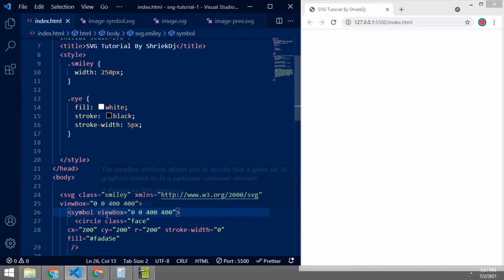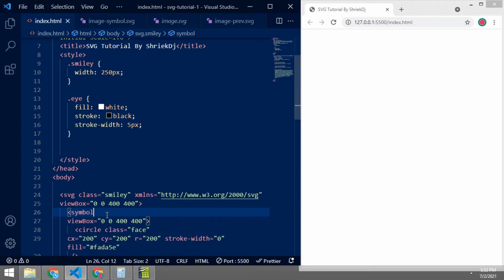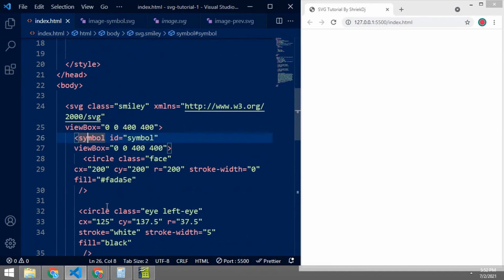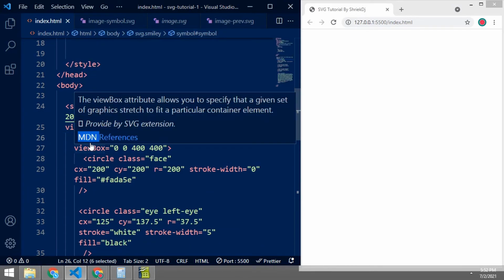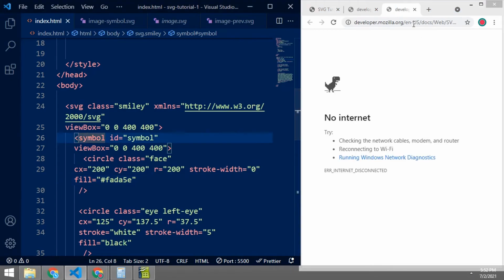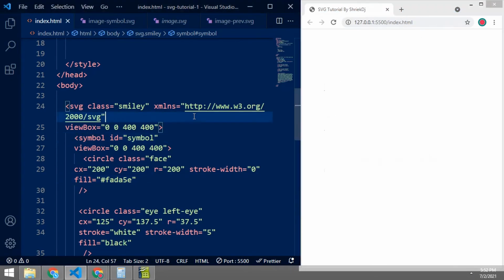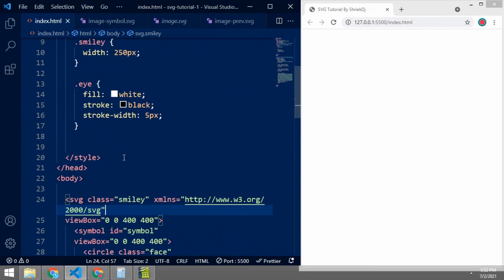Just add this also. We'll talk about it later in next courses or next tutorials or videos. And we also have to give an id. Why? Because with the help of id we will load the content of our svg.